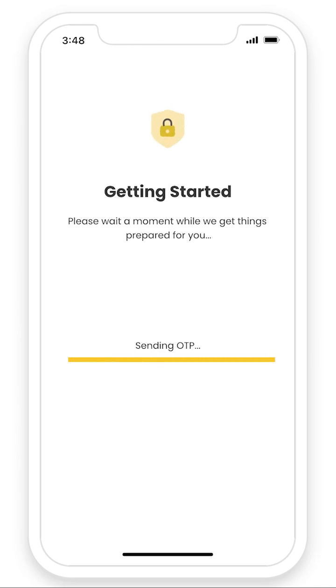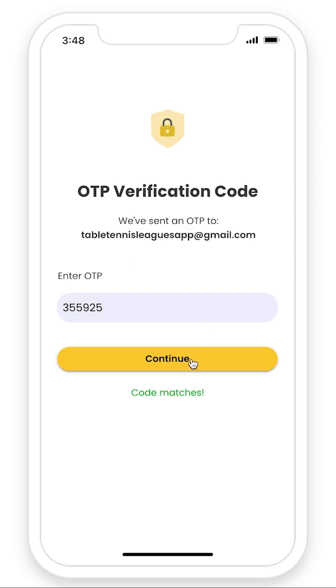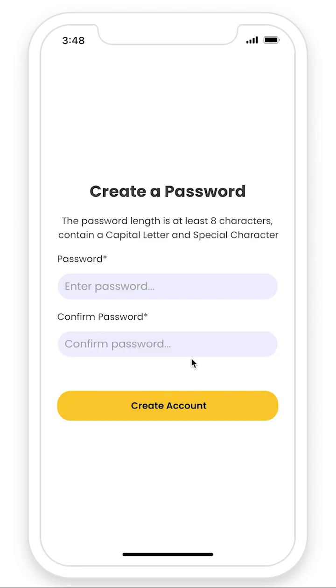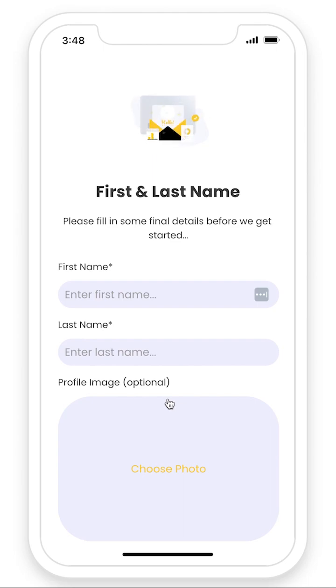The app will then send you a confirmation code. Okay, so just paste the code in, click continue. Okay, create a password, just making sure you've got a caps lock and also a symbol. Okay, and